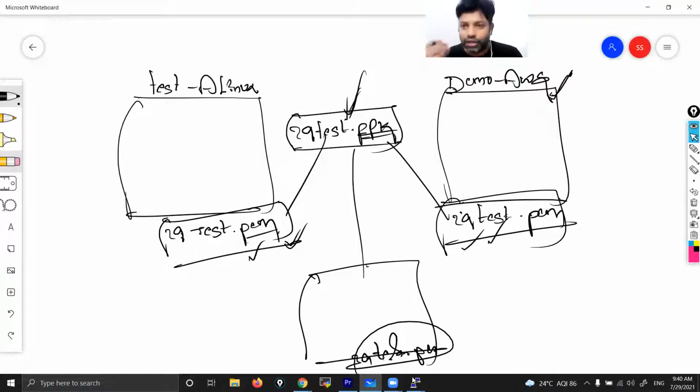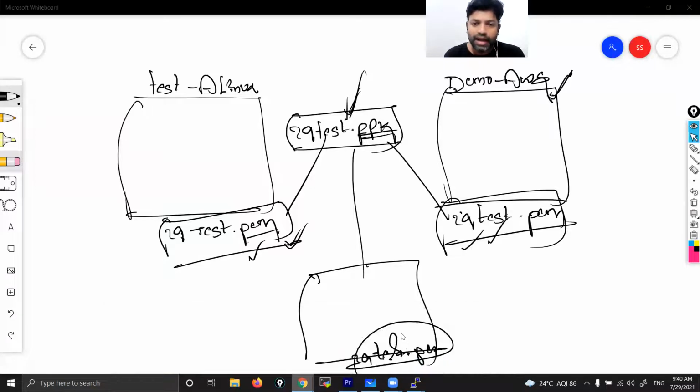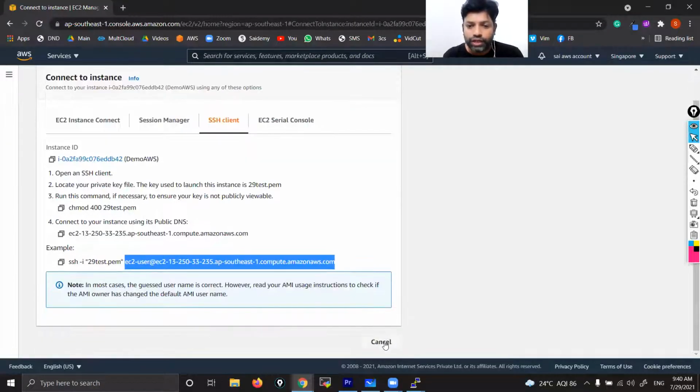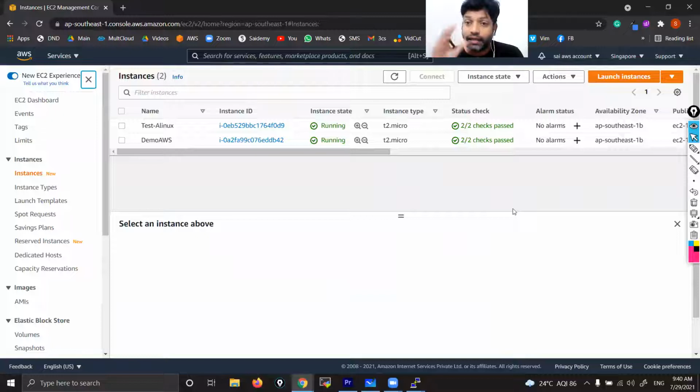That's what we actually do in companies. We won't create different key pairs. We keep one key pair that we use for all instances. Fine. So how to recover if you miss this key? For that there is a separate class; I'm going to explain that in our upcoming classes. Now let's see how to launch an instance by selecting the same security group. I don't want to create new security groups every now and then. I'd like to make use of the same security group. Let's see how to do it.